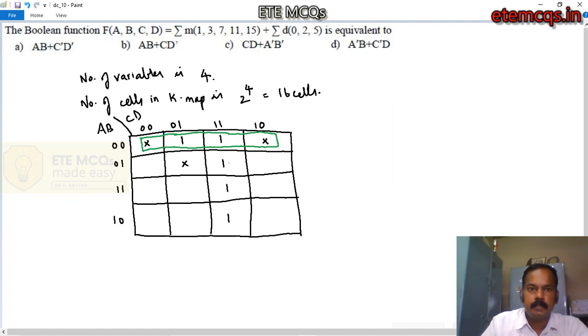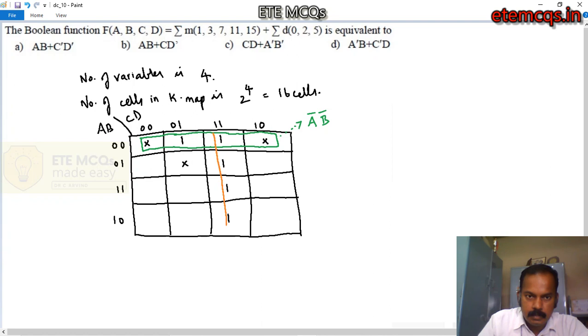The first term is A bar B bar. Now A bar is a literal and B bar is a literal. I am just writing it for your convenience. We are supposed to perform the next grouping for the sake of these remaining ones. I can form a quad. A quad is a grouping which includes 4 ones.